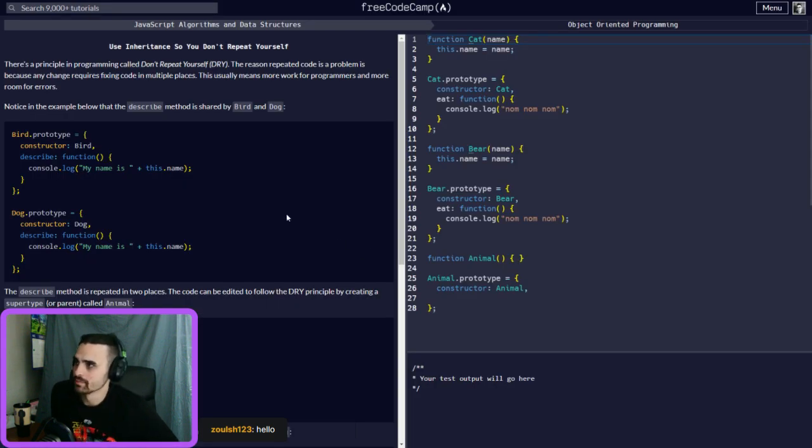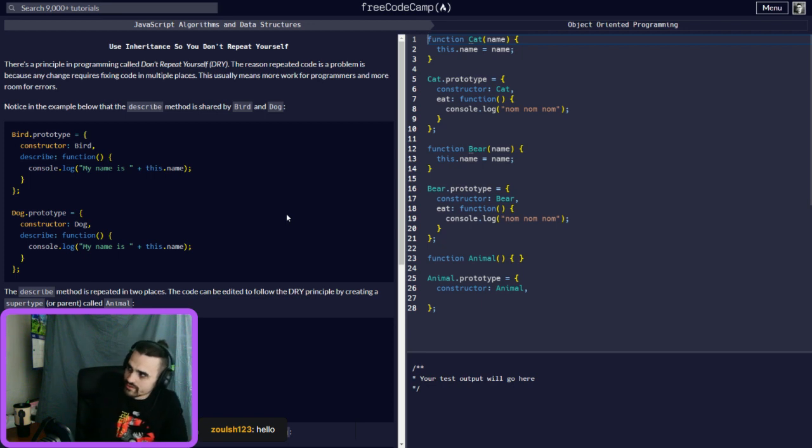Okay, there's a principle in programming called Don't Repeat Yourself, DRY. The reason repeated code is a problem is because any change requires fixing code in multiple places. So you could fix it in one place and not have to go through tons and tons of code to replace it in other areas. It means more work for programmers and more room for errors. Notice in the example below that the describe method is shared by Bird and Dog.